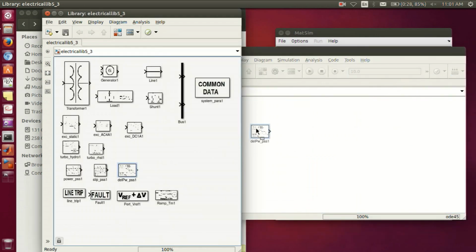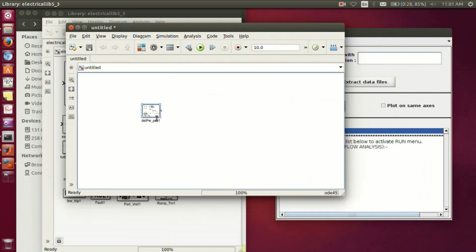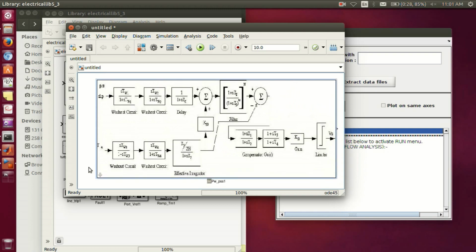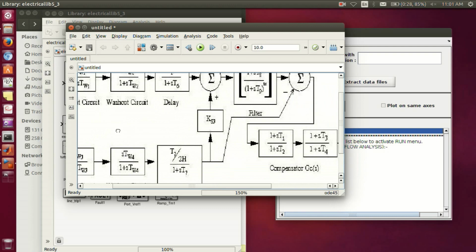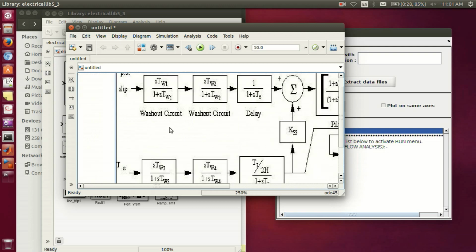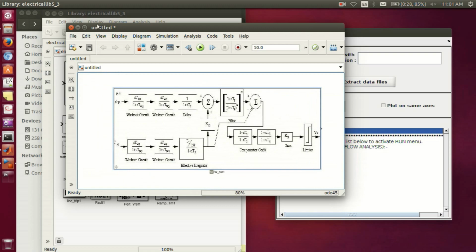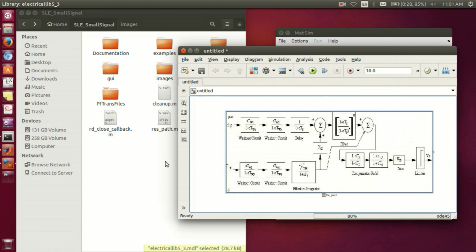For appending any diagram, drag an element in the canvas. The image displayed is called upon by the SLE file from the image folder. So let me show you the same.